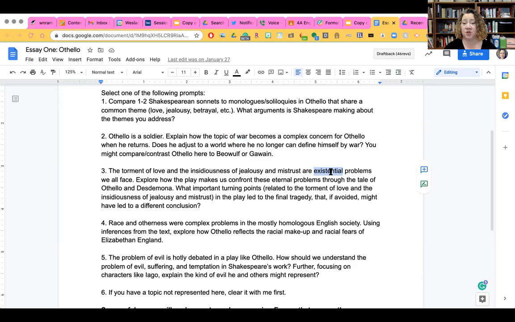Existentialism is a concept, it's a 20th century concept. So we're not talking about something that Shakespeare would have perceived or the characters would have perceived. Existentialism is a philosophical idea that it's kind of like a lens. We would take it from our time and apply it back to Shakespeare's work. Existentialism says that there's no meaning in life that is true for everyone. Because there's no specific meaning of life, everybody can create meaning the way that they see fit.